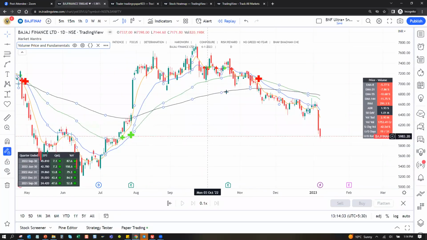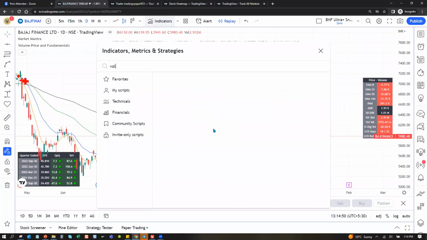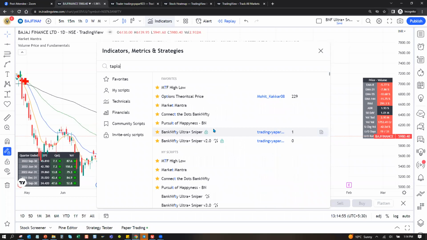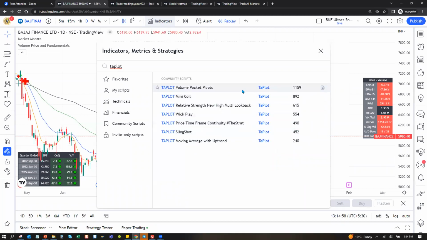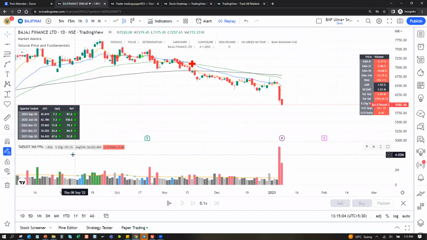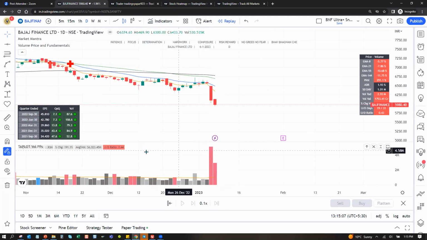Okay, so we can see this has taken support here, but when it broke, now all the moving averages are just downward sloping. It is very far off from all these moving averages. Relative volume, let me add volume. Okay, if you have to use volumes, I'll tell you a tip, always use TA plot. TA plot का ये volume pivot. This I use, okay. यहाँ पे भी you get some information. So you can see यहाँ पे भी you get UD ratio, etc. Okay, this is coming down with very heavy volumes.